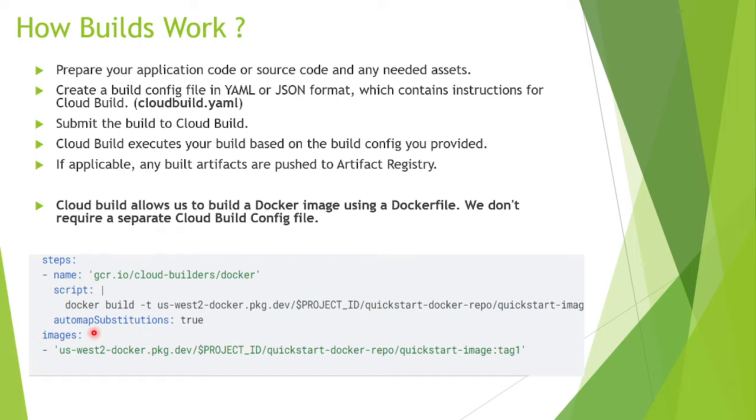After that, another step is images. Whenever you use this option, images, it automatically pushes your image to the Artifact Registry. You have to remember that this is a very important thing. If you use this images part, it will push your image to Artifact Registry. We can use the docker push command also if you want to, but both can be used. And here we just give the image name which we created in the above step. We will check out examples also.